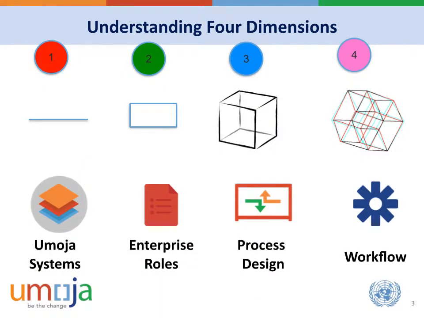Umoja's systems, enterprise roles, process design, and workflow respectively form those dimensions. A role catalog will describe only one dimension, the enterprise role. A technical architecture explains only the systems. A process expert can explain the business process and charts, and a technical guru can explain the workflow. We have put it all together and come up with an agile but scalable design in Umoja, and we are going to utilize the same structure and all possible interactions between these processes in the training environment.